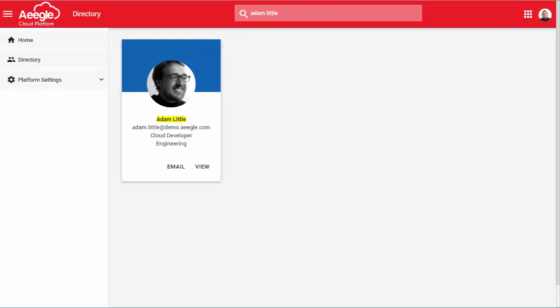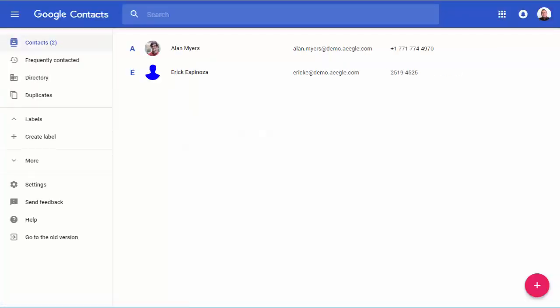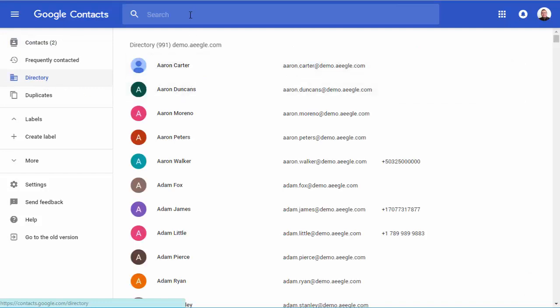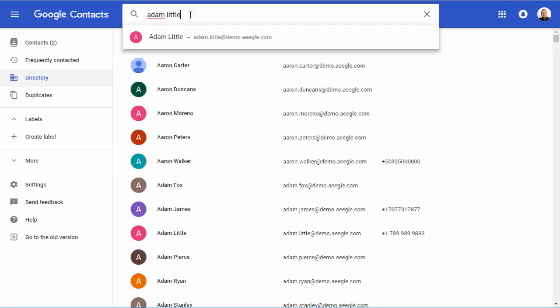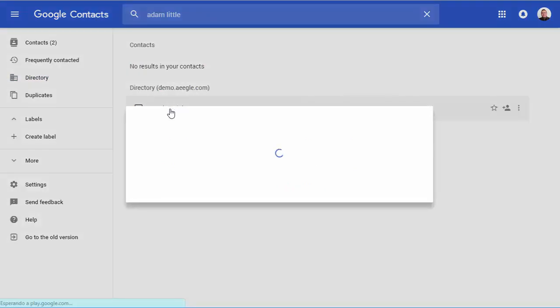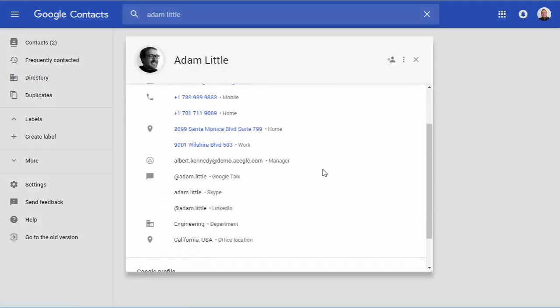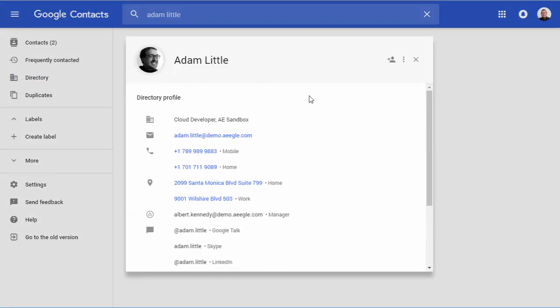So now I would like to go to the Google Contacts. So I go to contacts.google.com, and here I go to directory, and I will search for the same person, and that was Adam Little, and I can view the profile here. So all of this is synchronized, and ACP is actually an extended version of this profile. Okay, so going back to the presentation,